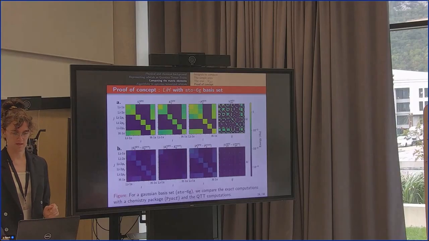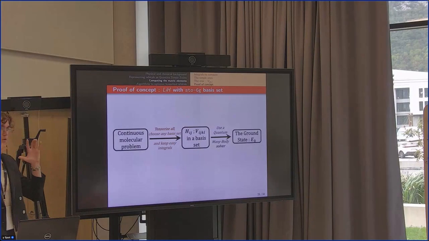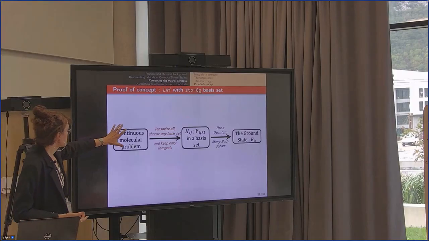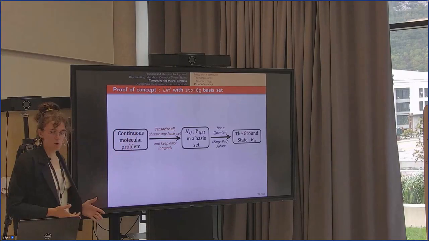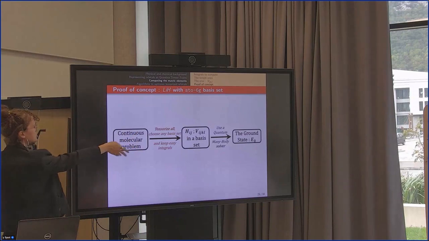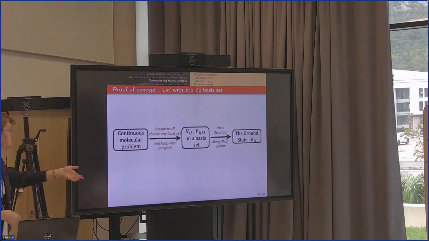That's great. Now, let me just recap what we do. We take the continuous problem. We choose the basis sets in the form of tensorized orbitals. We also tensorize the potentials. And we compute the integrals in this tensorized fashion and obtain these H_ij, V_ijkl tensors. And then we can apply the quantum many-body solver.